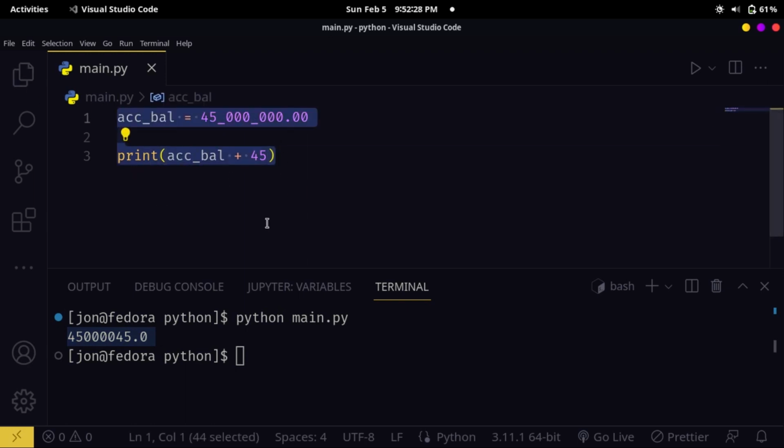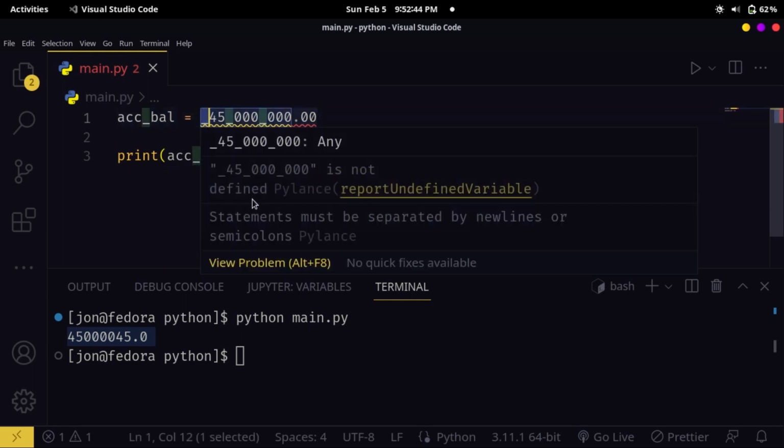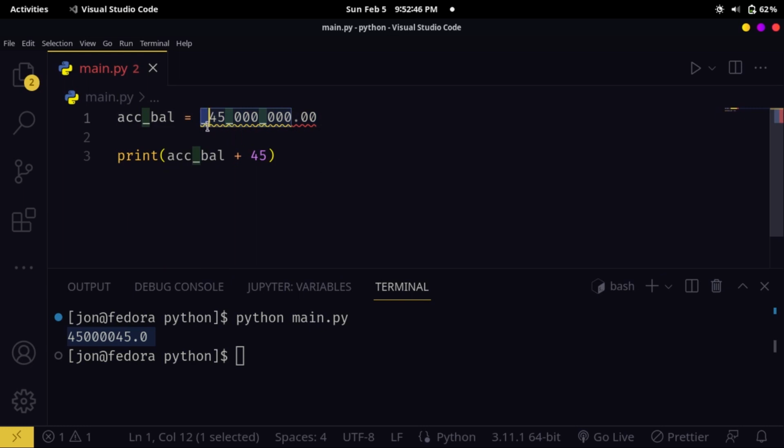One thing again to note is that the number cannot start with an underscore. In this case, when I try to do it, you notice that my code editor here is underlining this, and it's telling me that the numbers cannot start with an underscore, but a number in Python and some other languages can contain an underscore to